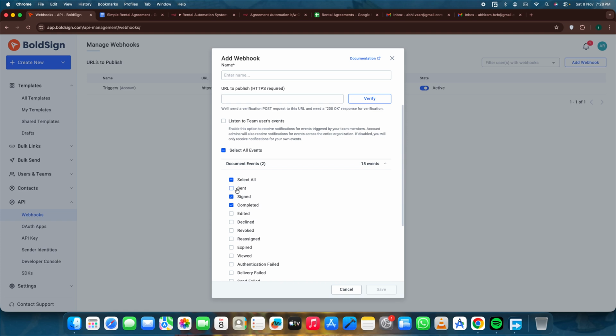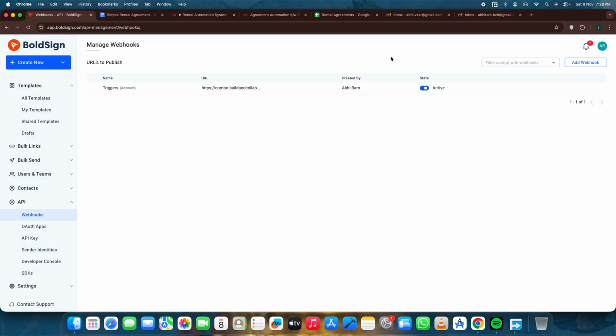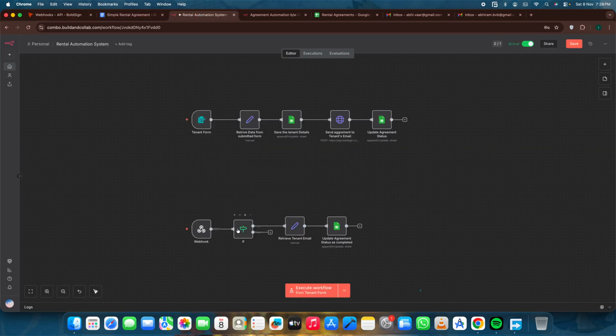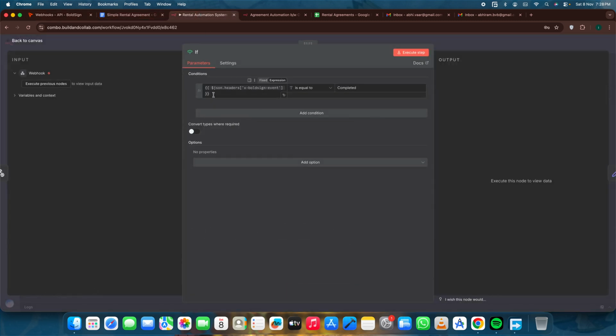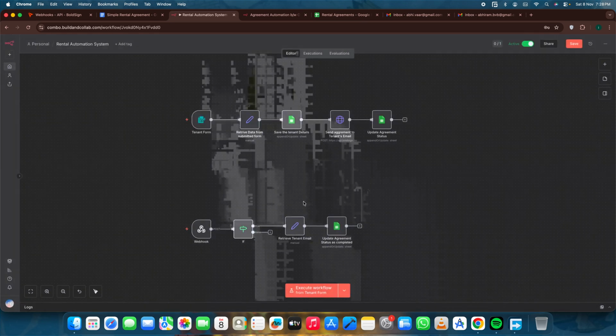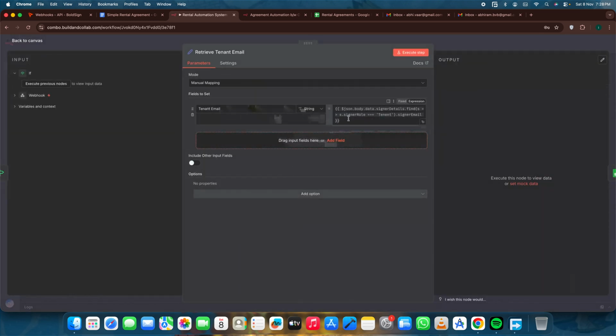For this trigger, I gave two events: technically, the completed event and the signed event. I have a simple if logic to decide which event the webhook got triggered by. If and only if the sign event was completed, technically meaning the agreement was signed by both parties, then the completed event will trigger. We are technically filtering only the complete events, and after that,